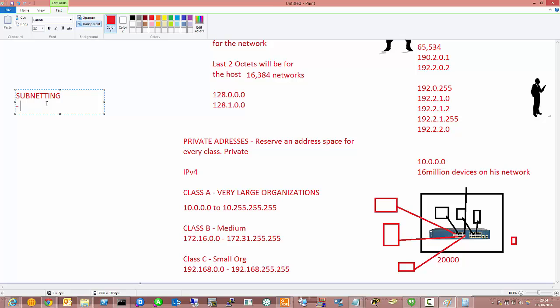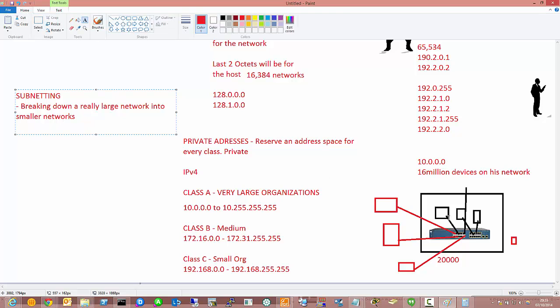Subnetting, simply put, is a process of breaking down a really large network into smaller networks. So that's the process. That's what it's called. So now let's say this guy's got all these devices, right? So what this guy can do is go, okay, I've got this address space of